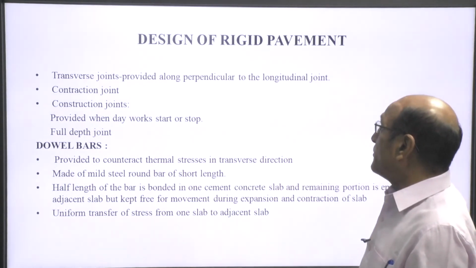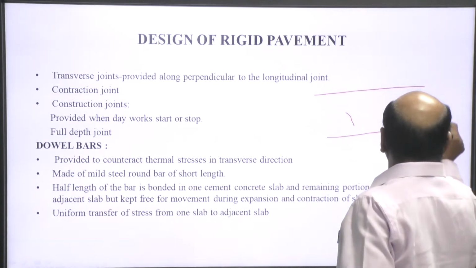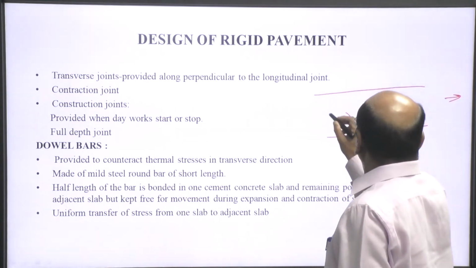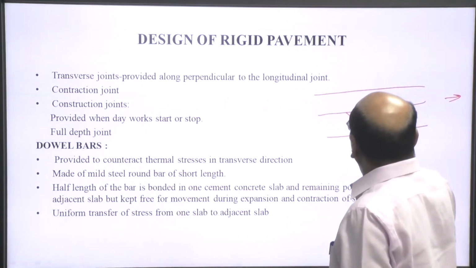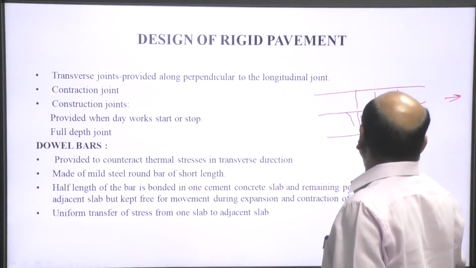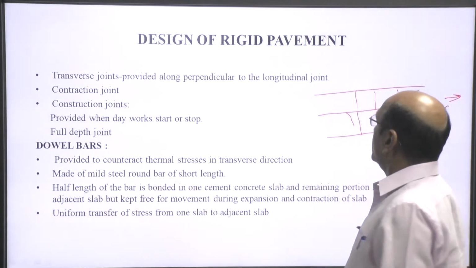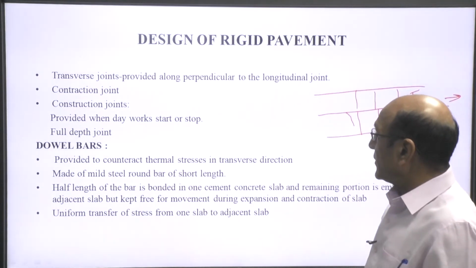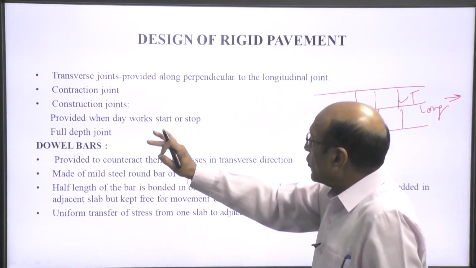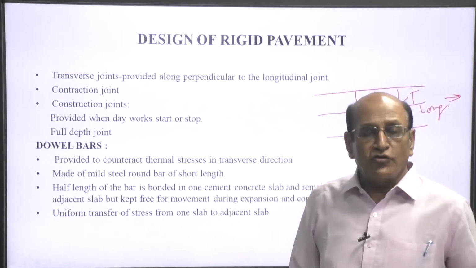Now come to the transverse joint, provided perpendicular to the longitudinal joint. This is the longitudinal joint, this is the direction of the movement of the traffic. So, this is the longitudinal joint and this will be the transverse joint, like this way. This will include contraction joints and construction joints. Construction joints may be provided in longitudinal and